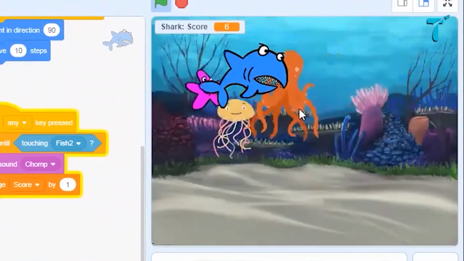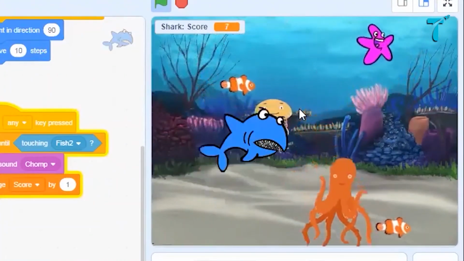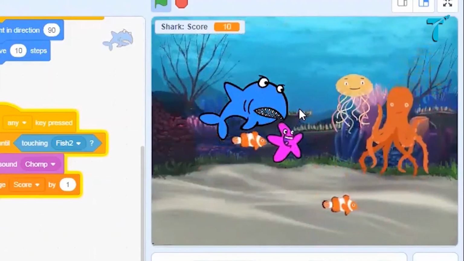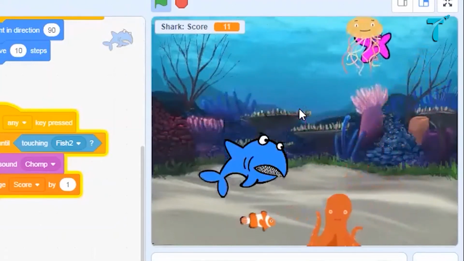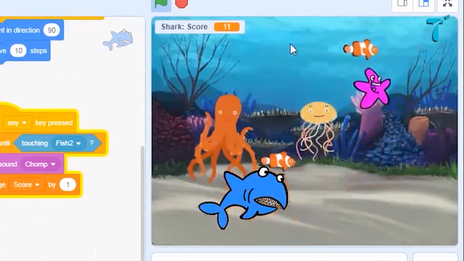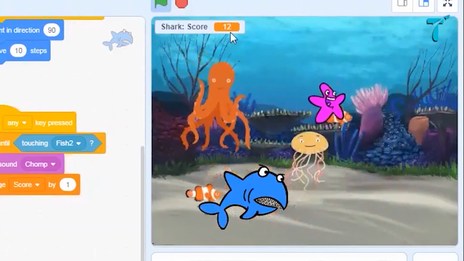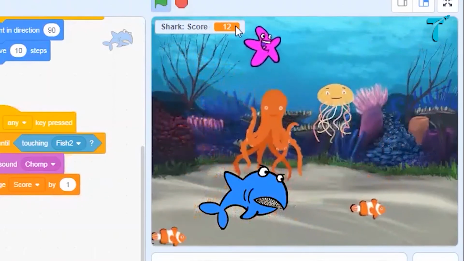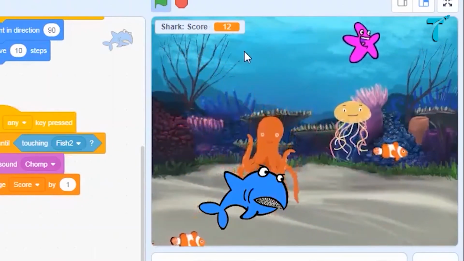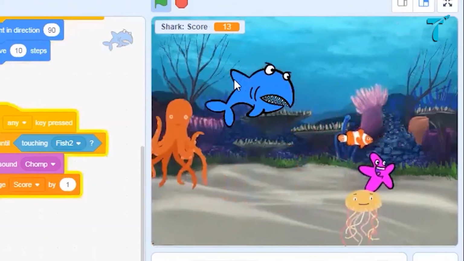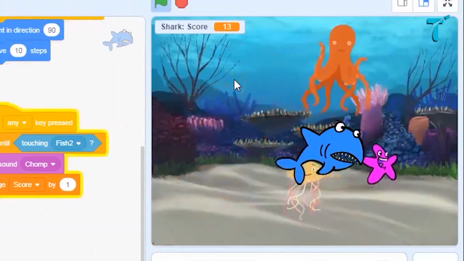You can see how score is increasing as soon as it eats the fish, right? So that is how it is supposed to work. But if you see one thing, let me stop this game and again start it. The score is still at 12. That should not happen. It should get reset to 0, right?